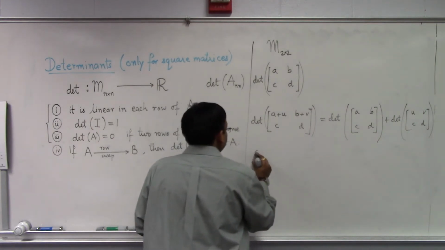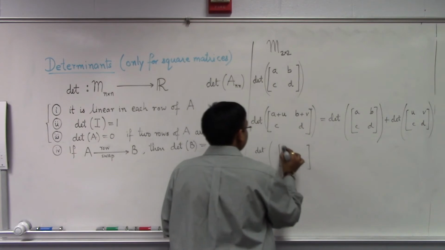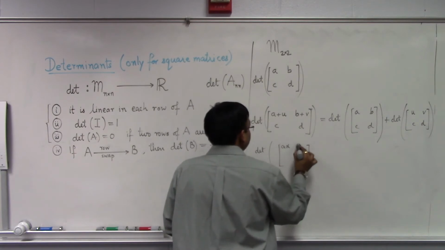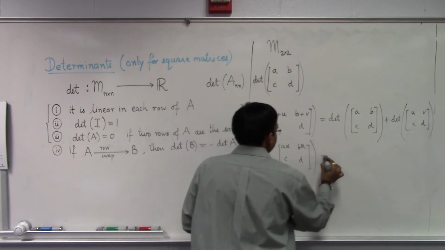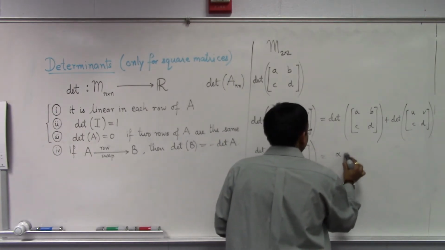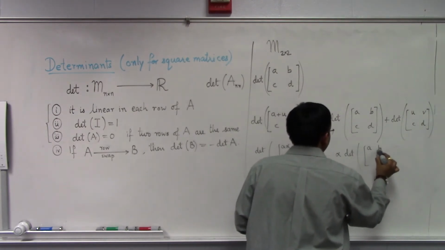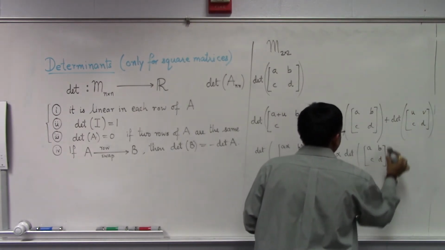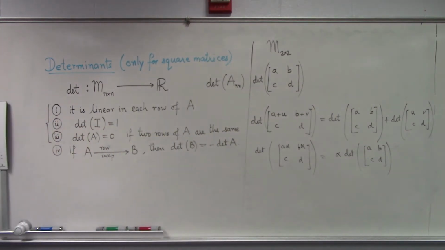Or it also means the following thing. Remember, we are talking about linearity. So suppose I have alpha A, alpha B, C, D. This would mean it is alpha times the determinant of A, B, C, D. So this is what we mean by linearity in each row. Okay, now that we have understood this,